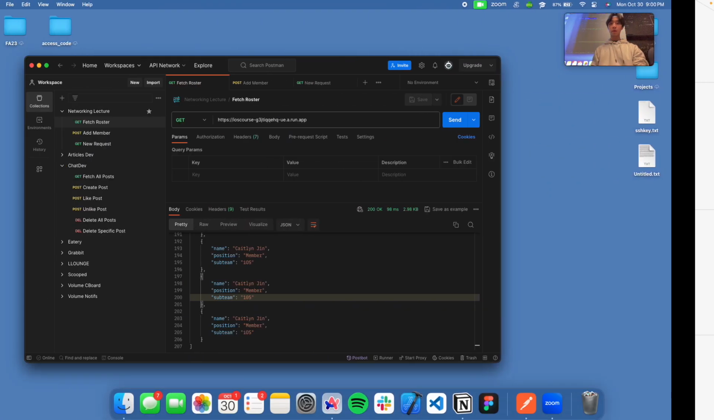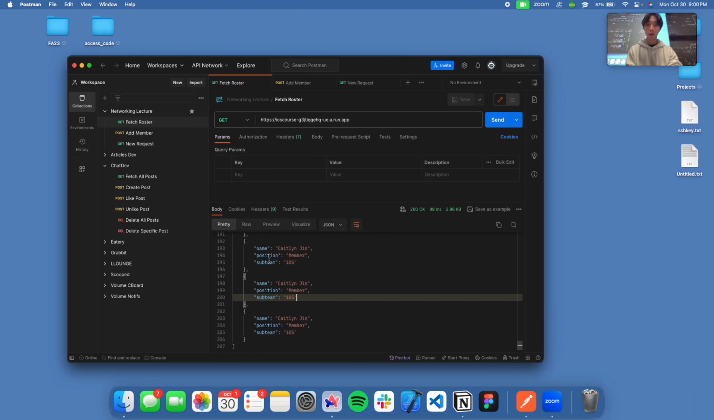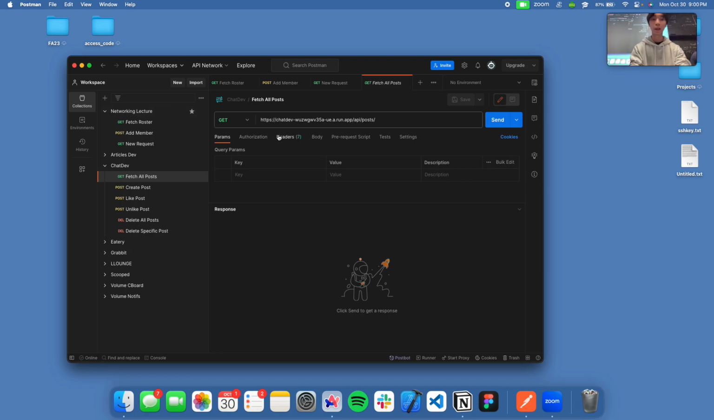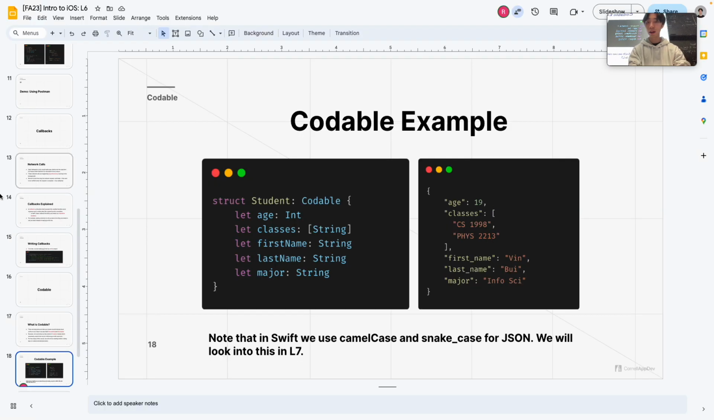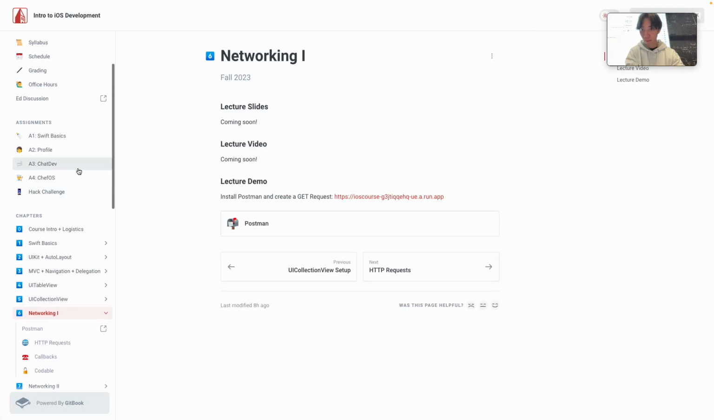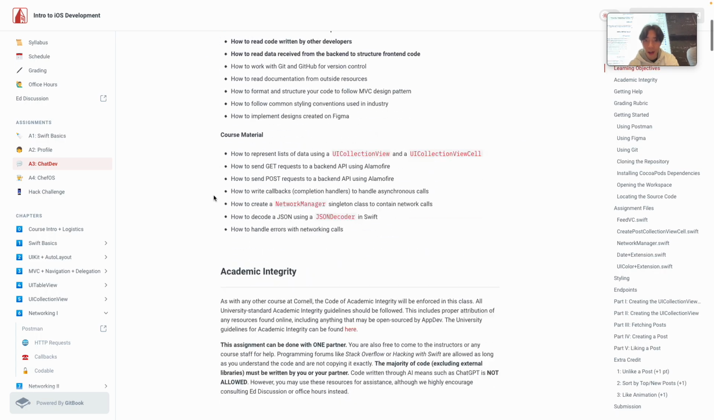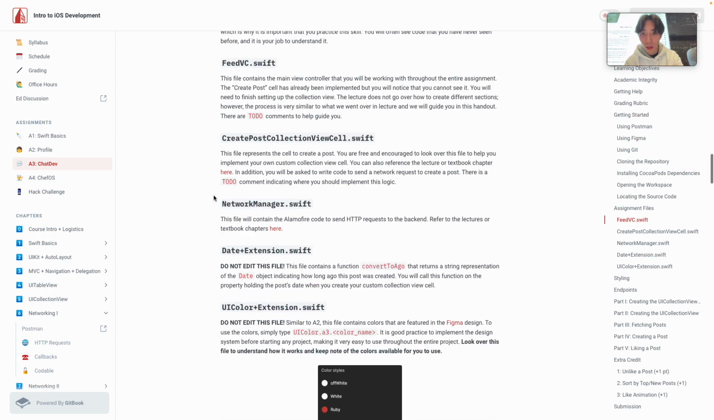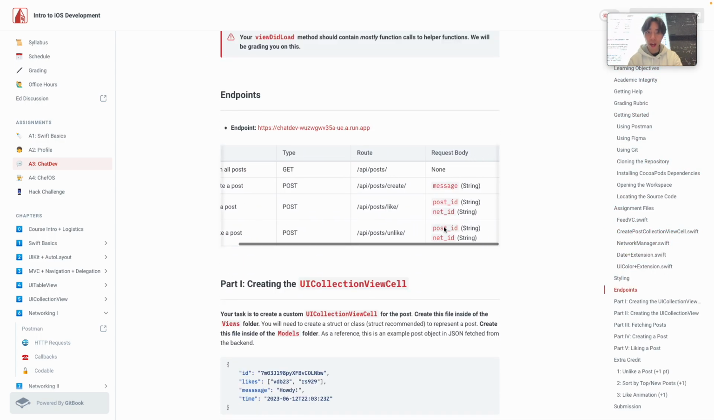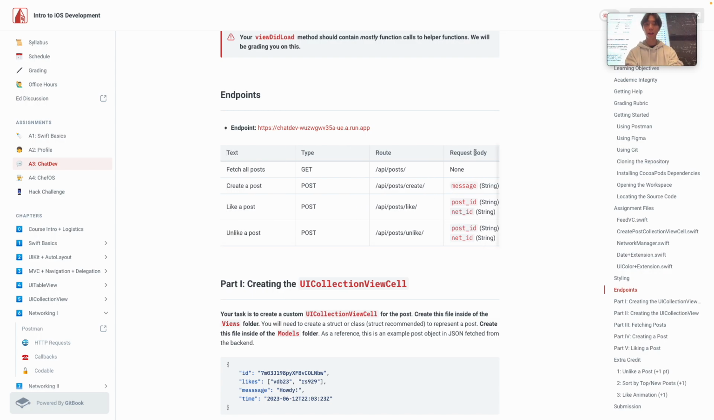Okay, before we move on to the Kahoot, I want to quickly demo how to use Postman, in case y'all watch this video later on for A3 specifically. In the assignment handout, I provide y'all with a table containing a bunch of endpoints as well as what the request body expects. For example, if you want to fetch all posts, then you want to use this endpoint followed by /API